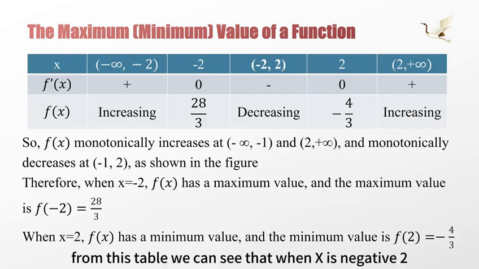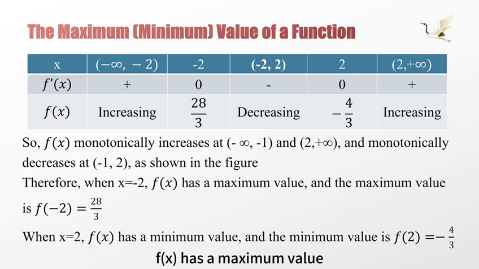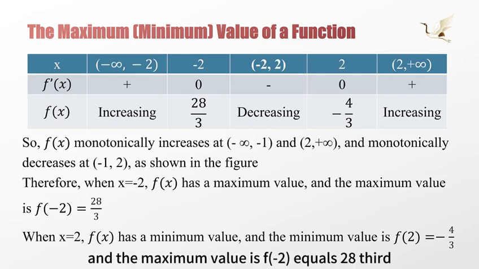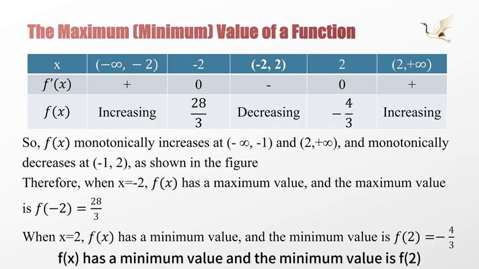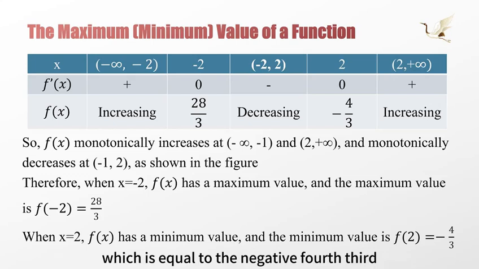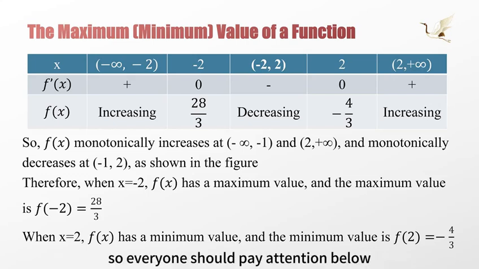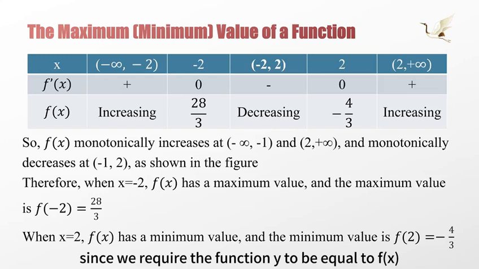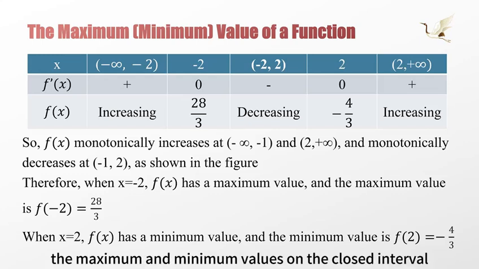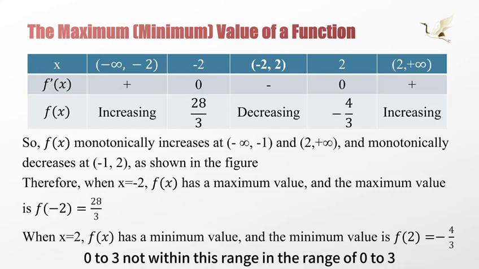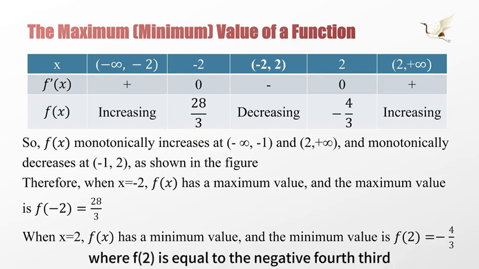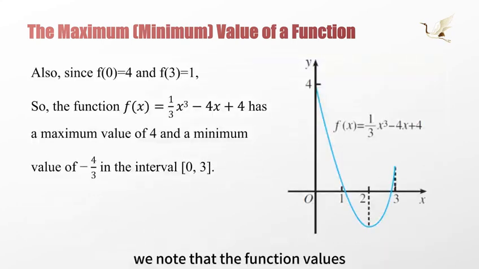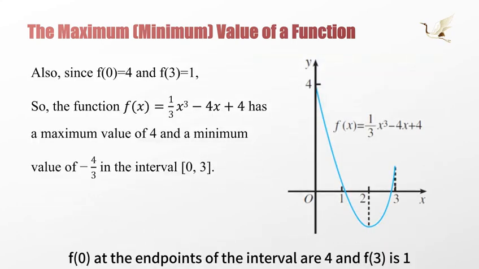From this table, we can see that when x is -2, f(x) has a maximum value, and the maximum value is f(-2) equals 28/3. When x equals 2, f(x) has a minimum value, and the minimum value is f(2), which is equal to -4/3. So everyone should pay attention below. Since we require the maximum and minimum values of the function y equals f(x) on the closed interval 0 to 3, x equals -2 is not within this range. In the range of 0 to 3, we need to pay special attention to this minimum value, where f(2) equals -4/3. We note that the function values at the endpoints of the interval, f(0), is 4 and